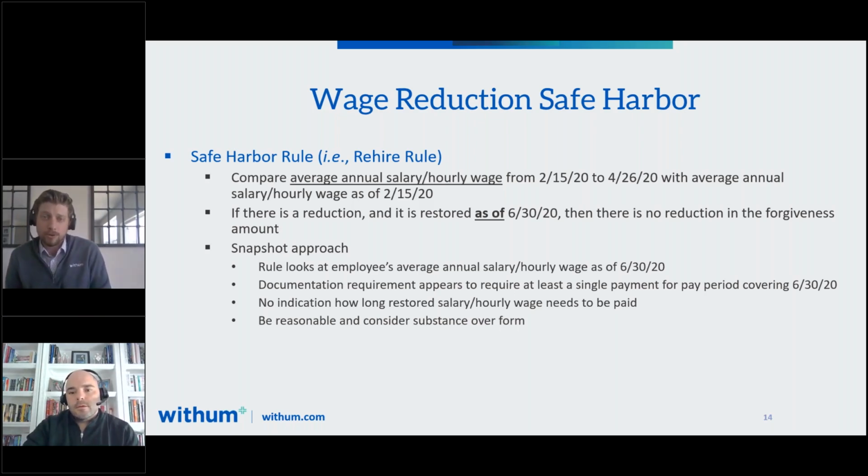If an individual was making $15 an hour, you've got to get them back up to that $15 per hour as of 6/30. And if you do, it appears that there will be no penalty or reduction in forgiveness as a result. And just a couple of insights or thoughts on this. It appears to be a snapshot approach, such that the rule will look at the average annual salary or hourly wage as of 6/30. There is no indication as to how long they need to be on payroll after that date, or how long they need to be